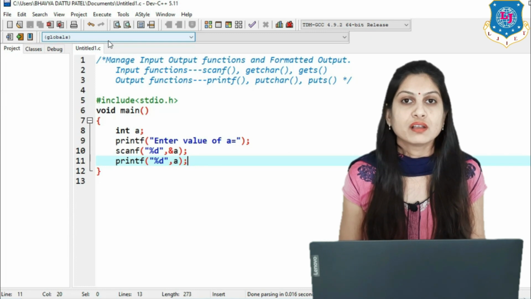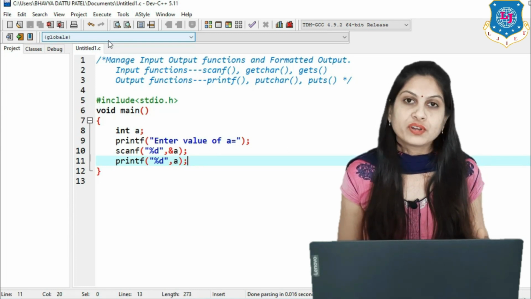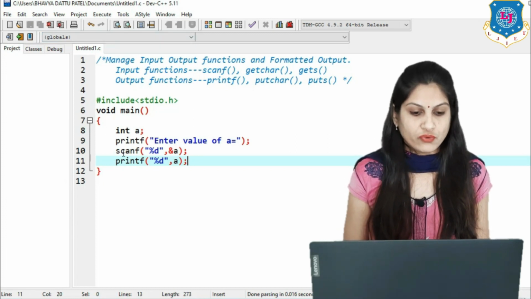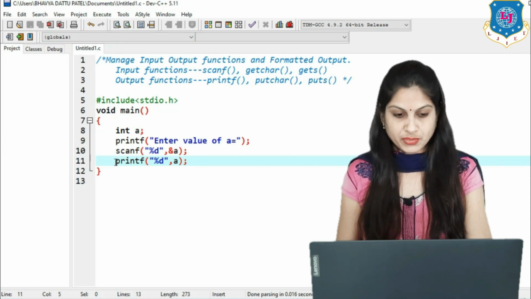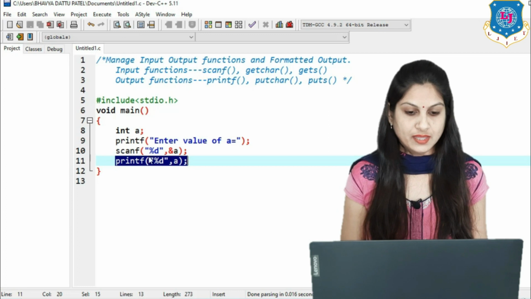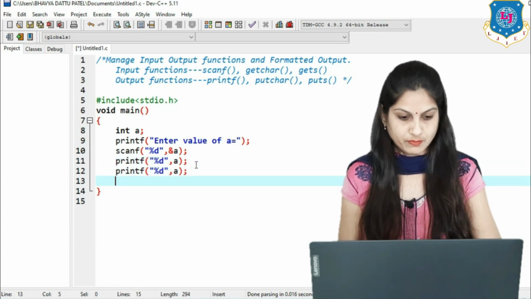How can we format our output? Simply we are printing 15, but different types of output are also possible. For that we copy this printf with Control C, and put it multiple times.